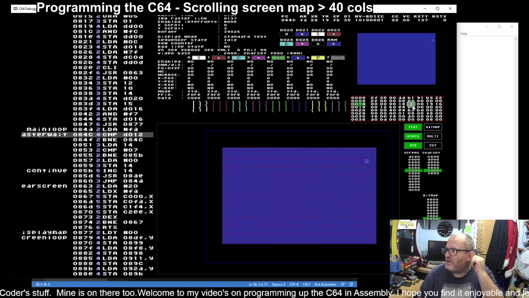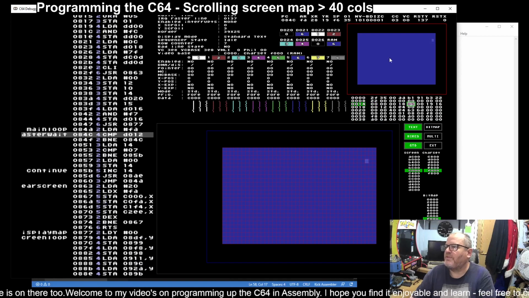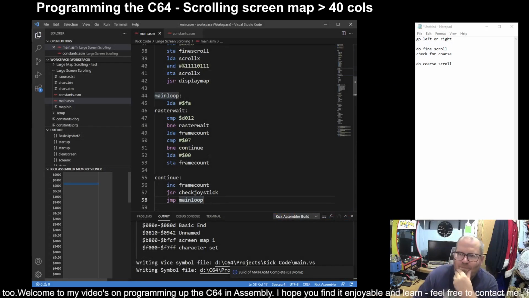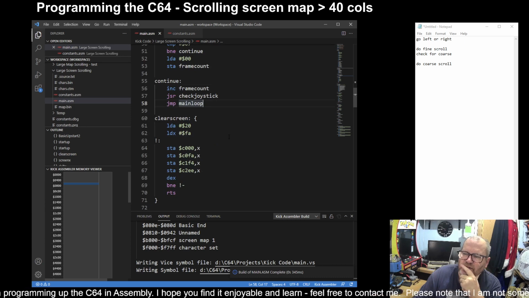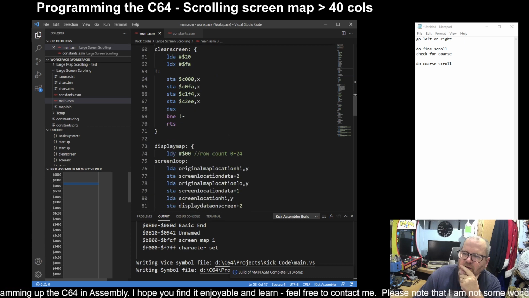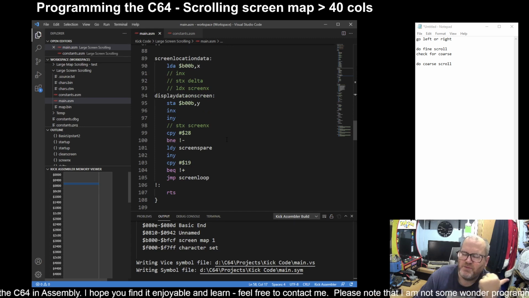But we haven't got... that's the joystick input. Okay, perfect. So I suppose the rudimentary one is if I'm going left, if I'm moving the screen to the left,